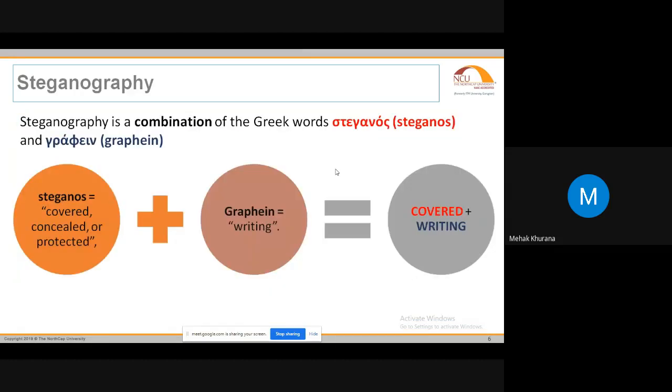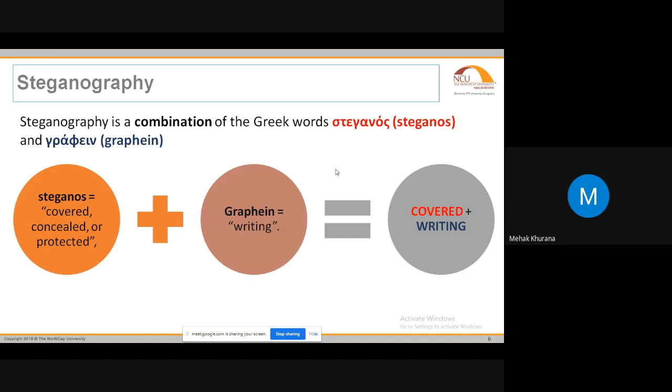So what exactly is steganography? Steganography comes from a Greek word which combines two words: stegno and graphy. Stegno means the covered part and graphy means the writing part. Together they give us the word covered writing. Now what is the cover here? When we used to send data earlier, we sent letters by post, and we always kept them in an envelope. So we put that data inside an envelope and sent it.